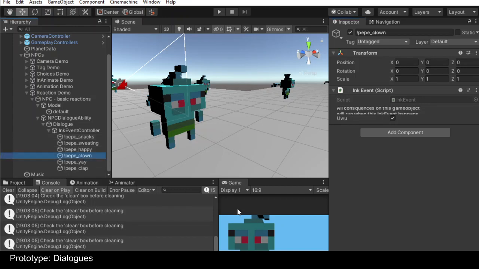This clown one can honk a nose, boop boop boop, a toot or whatever. And you can see that there's only one of each of these tags. So in Ink, if you use the Pepe Happy tag, it will always trigger this Ink event, always trigger these consequences. That's how the design works right now